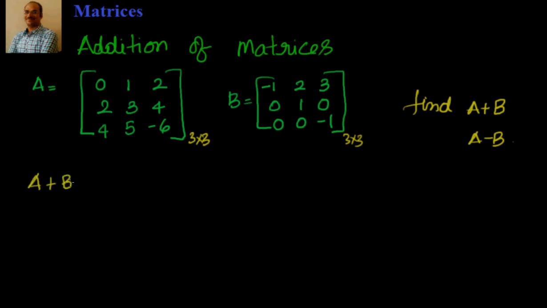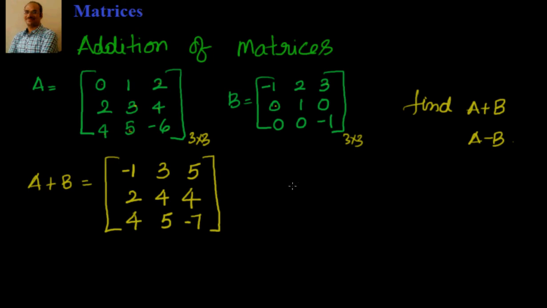We know how to do addition. A plus B is simply adding the corresponding elements. So 0 minus 1 is minus 1, 1 plus 2 is 3, 2 plus 3 is 5, 2 plus 0 is 2, 3 plus 1 is 4, 4 plus 0 is 4, 4 plus 0 is 4, 5 plus 0 is 5, and minus 6 plus minus 1 is nothing but minus 7. That's A plus B. Now if you want A minus B,